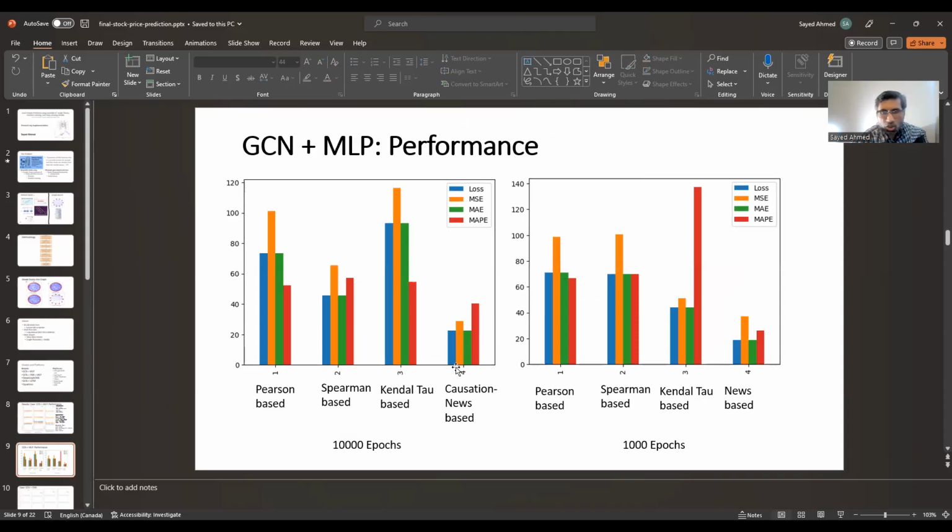You can see causation is usually lower. Okay, 10,000 epochs and 1,000 epochs. Okay, it looks like 1,000 epochs performs better.